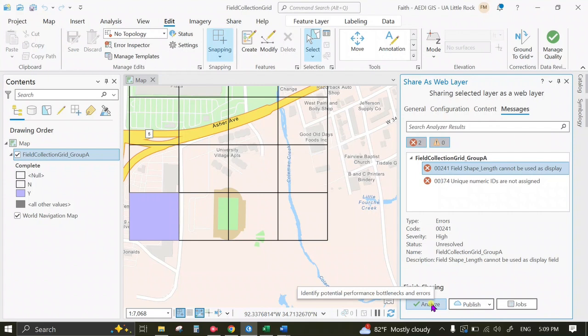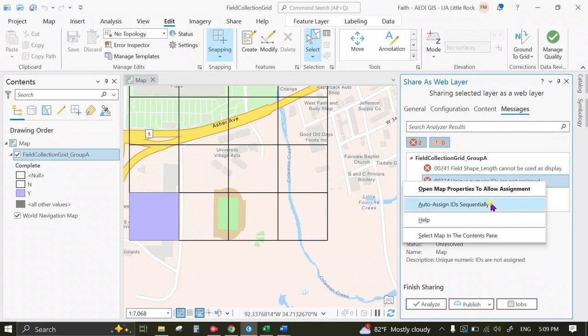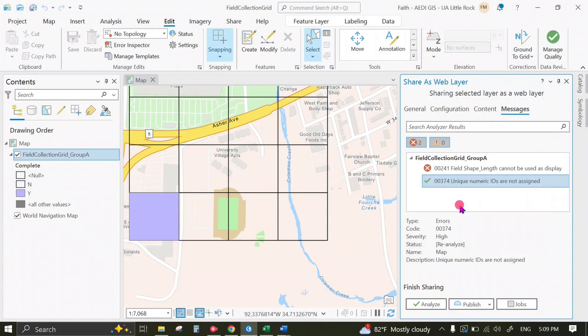So we have two errors this time. One of them is the error that we saw earlier. We just need to click on these three dots beside the arrow and select Auto Assign IDs sequentially. That solved that error, but now we have a different error, which is that our field called shape length cannot be used as a display field. This means the field that will be at the top of a pop-up or the top of your attribute table